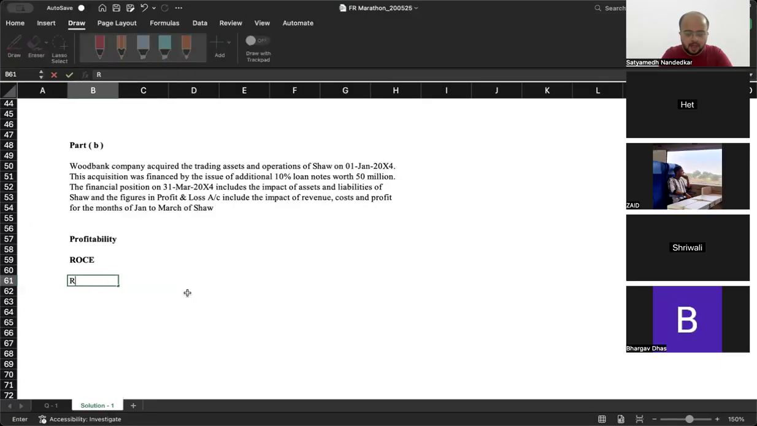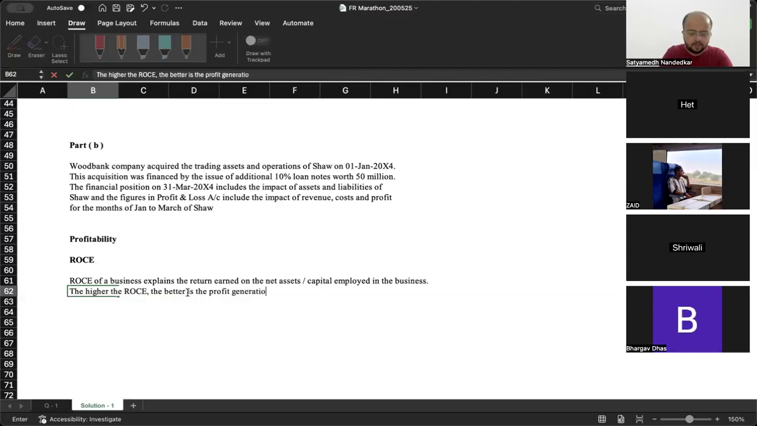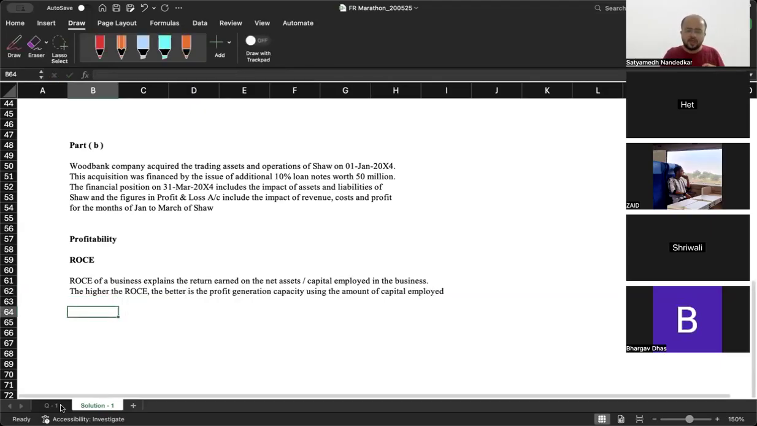Okay. So ROCE of a business explains the return earned on the net assets, or capital employed, in the business. The higher the ROCE, the better is the profit generation capacity using the amount of capital employed. Now, once you have explained what ROCE is, on every 100 rupees employed in the business,